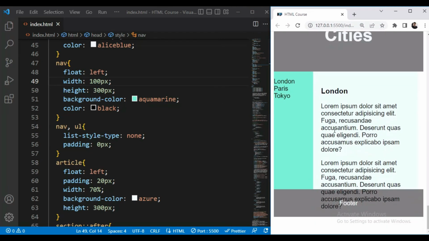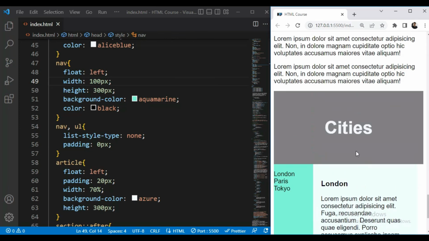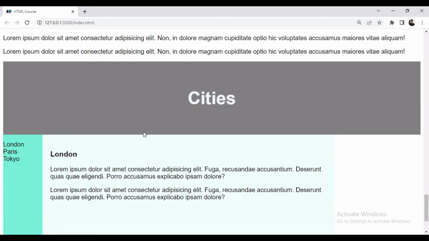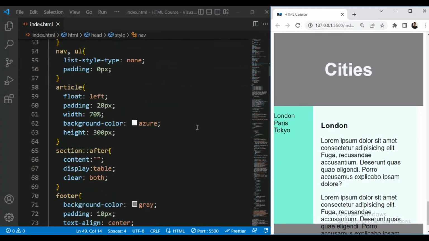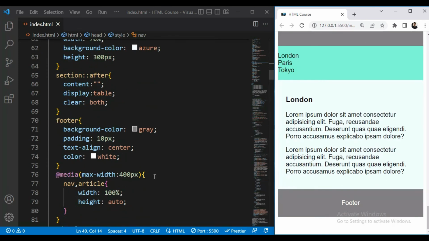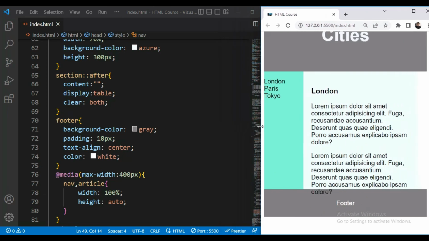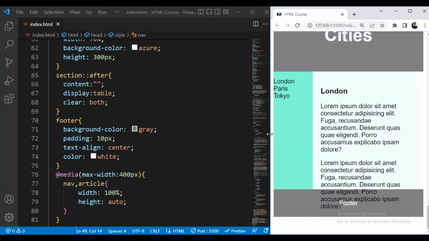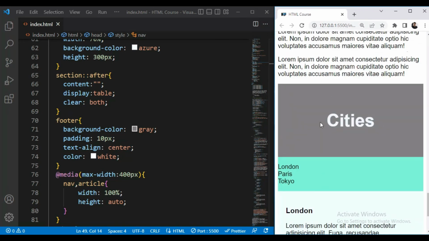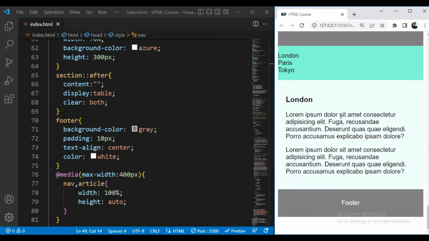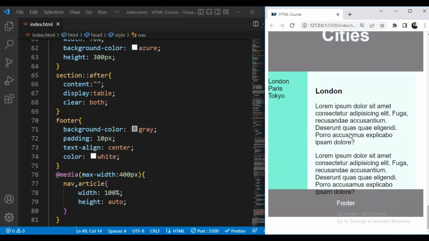So now you can see it is somewhat set. When our screen size is 400, I will maximize this, so you can see these are the layout elements. When I decrease it, the media query will not be applied, as it is applied on max width 400 and more than that. So now you can see here, when it is less, it is becoming responsive, everything is coming below each other. When I make it 400, it is coming.